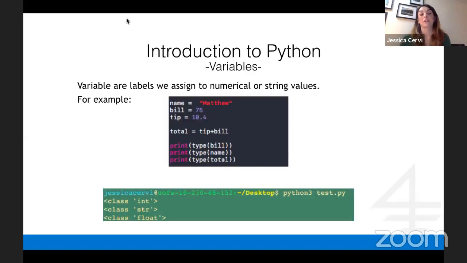Another important thing that you've learned during your DataCamp exercises are variables and data types in Python. Variables are essentially labels to which we assign a numerical or a string value. So you can, for example, assign a string, a series of letters or a sentence or a word, to a particular variable. In this case, I have the variable name that has Matthew